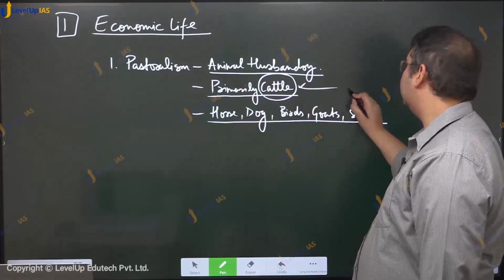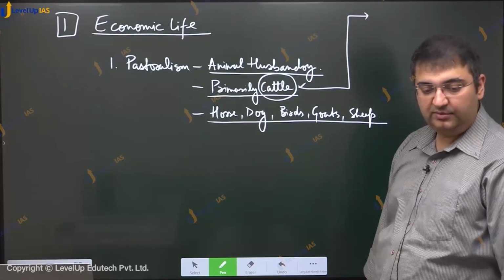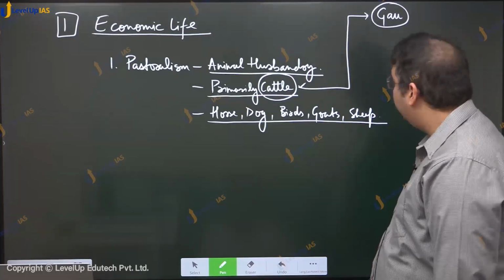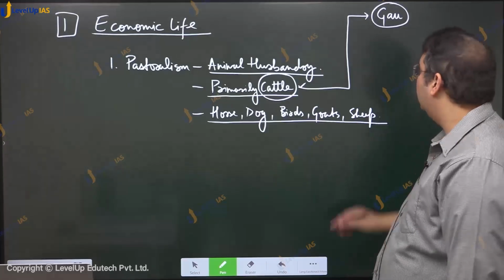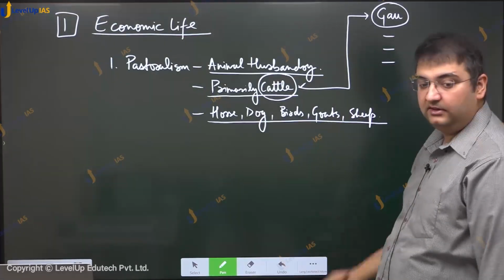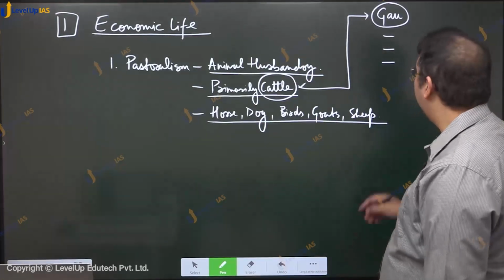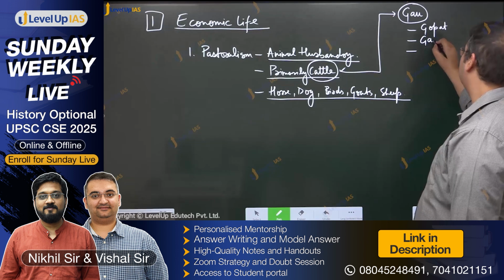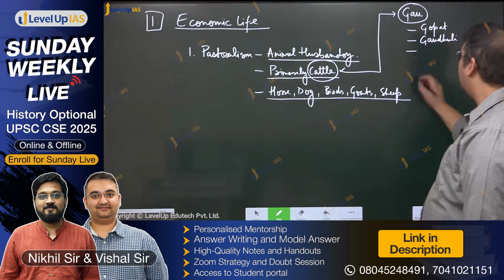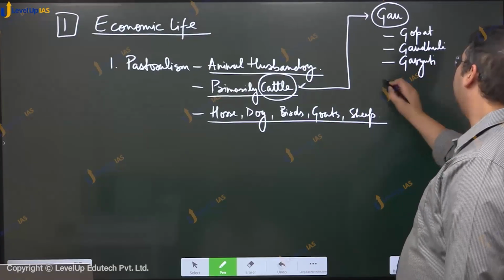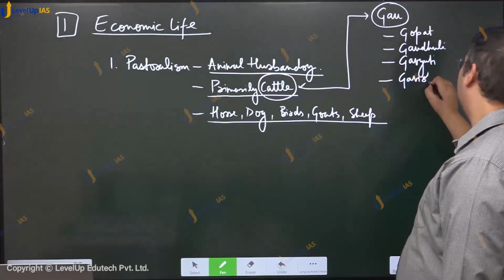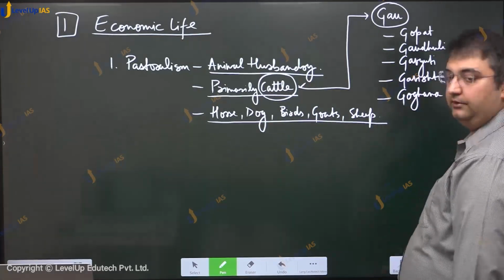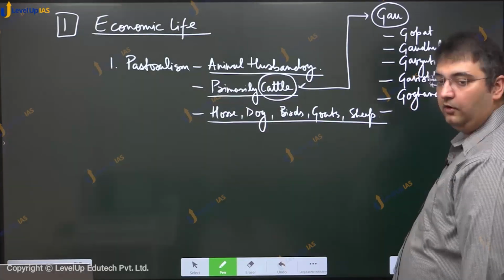What was the Sanskrit word that the Aryans used to describe cattle? Gau. And the importance of cattle in the economic life of the Aryans can also be estimated from the kind and number of words that Gau forms the root word for. For example, from Gau comes Gopat. From Gau comes Gaudhuli. From Gau comes Gavyuti. From Gau comes Gavishti. Goghana. From a derivative of cattle comes the word